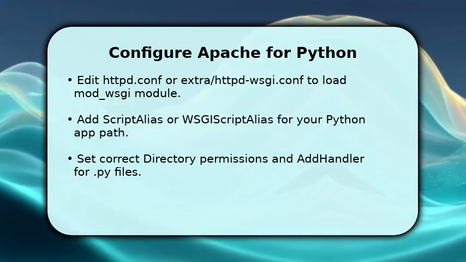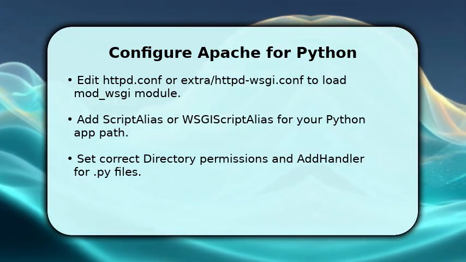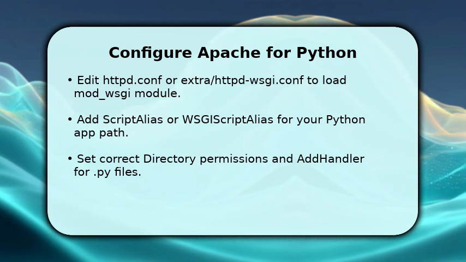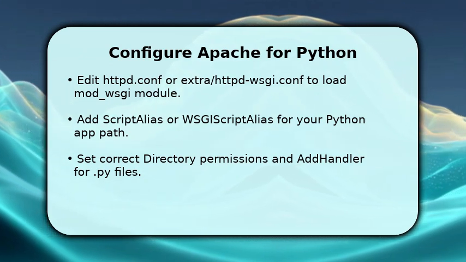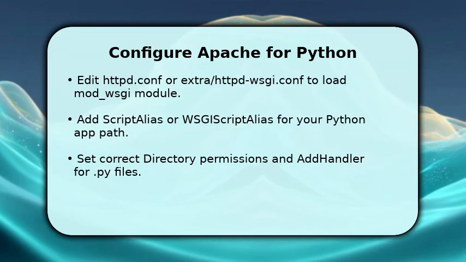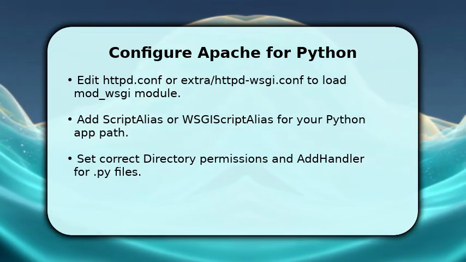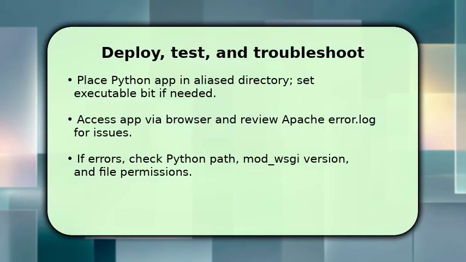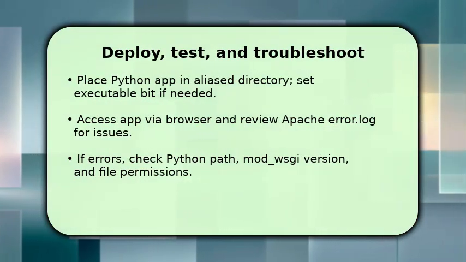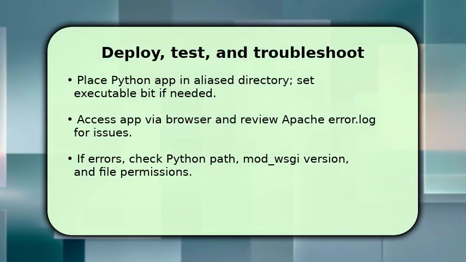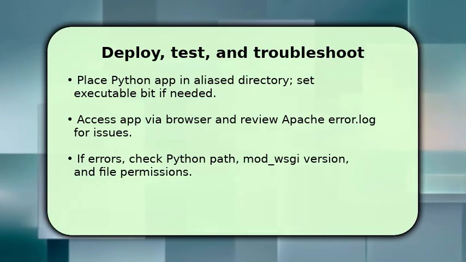Once added, set a Directory block with Require all granted and proper file system permissions. After saving, test the config with Apache's syntax check and restart Apache to apply changes. Finish by deploying your Python script or WSGI app into the aliased folder and ensure files are readable and executable